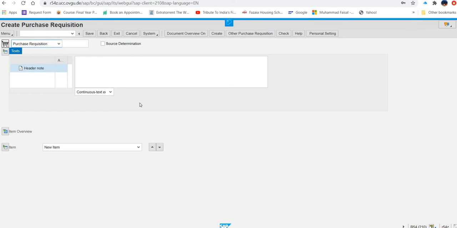Once it is expanded, now what you have to do, in the text field, type the header note. Global Bike Inc. is formally requesting quotation.